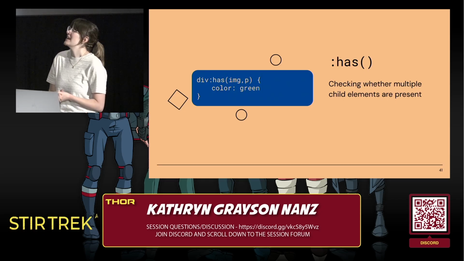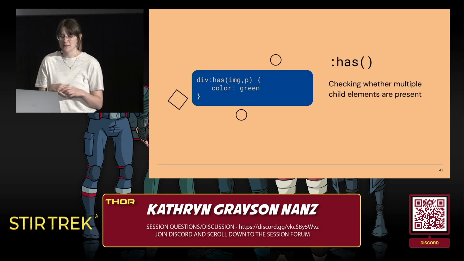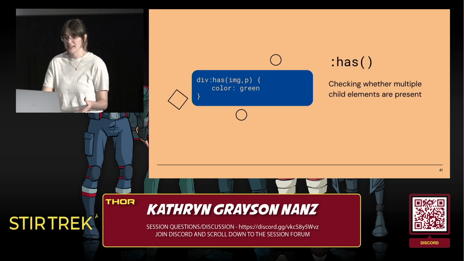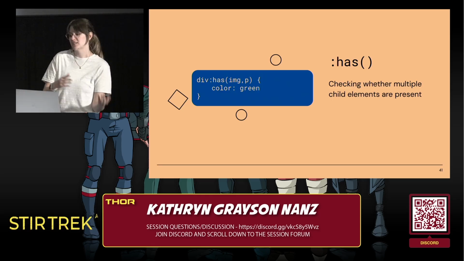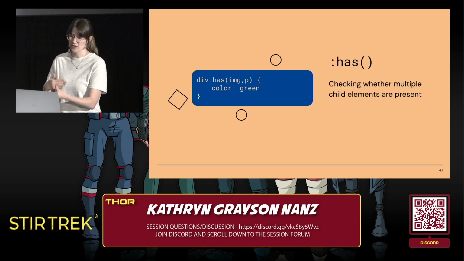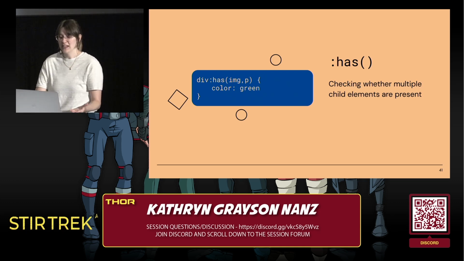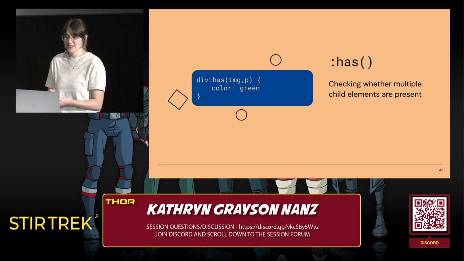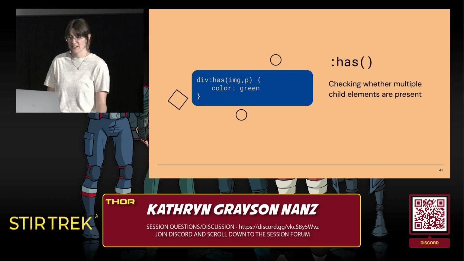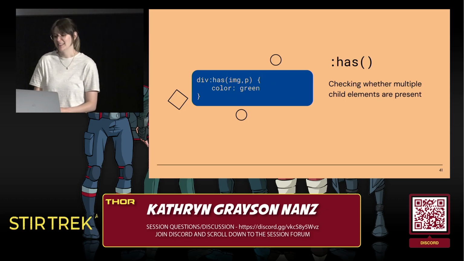So as mentioned, :has will let you put more than one element within the parentheses. So if you want to get more specific about direct children, children of children, you'll start chaining. But if you're just looking to see if all of the elements are present, you can just do a list like this, right? Find any divs that have both images and p tags as children at any depth. So the green styling will still apply even if those children are nested within other tags inside the high-level parent